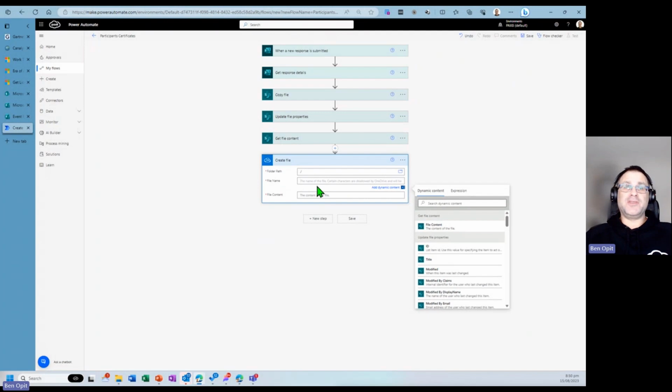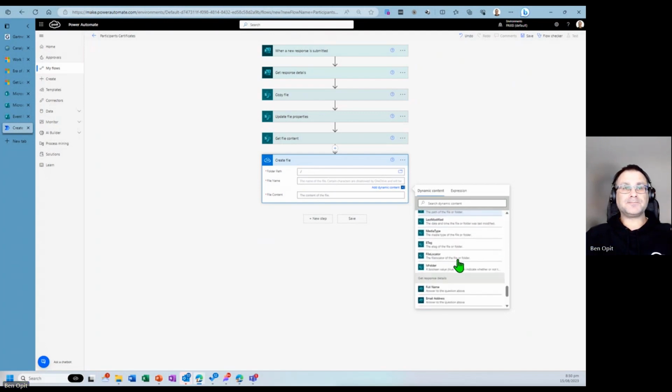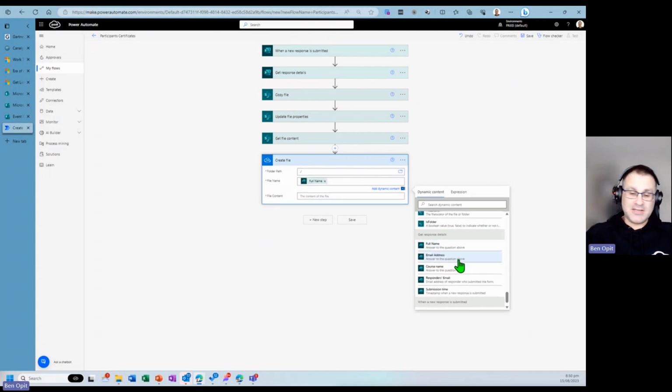And the file name we want to store this as, let's use the file context from the previous copy file and update file properties. I'm just going to scroll down to the very bottom here, full name, which can be from our SharePoint site, which is get the response details, this location here, so the full name, and we're going to do an underscore. Oops, that's not an underscore. And I'll also do a course name. So when we save the file, it's going to be my name, the course name, another underscore, and we're also going to do a